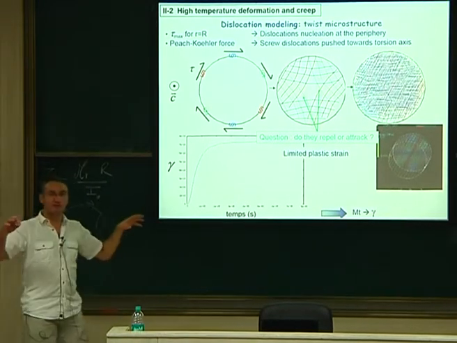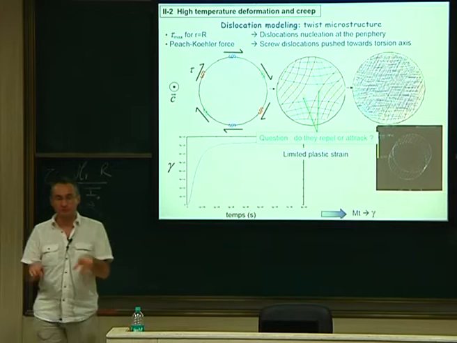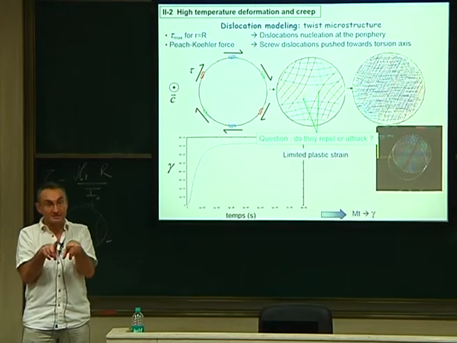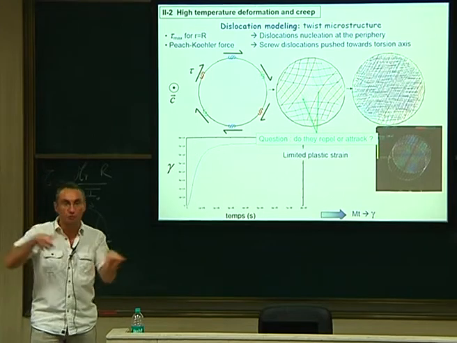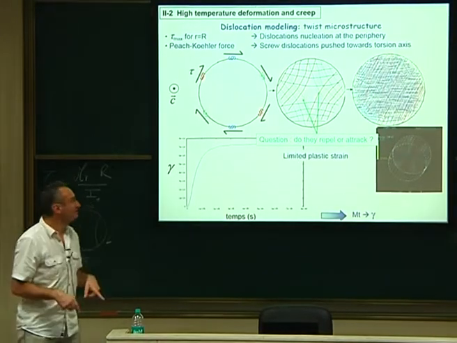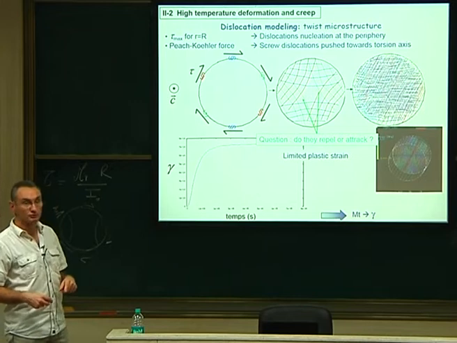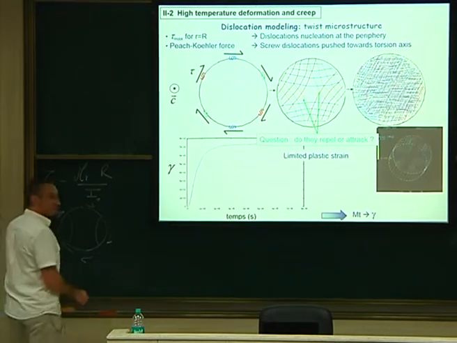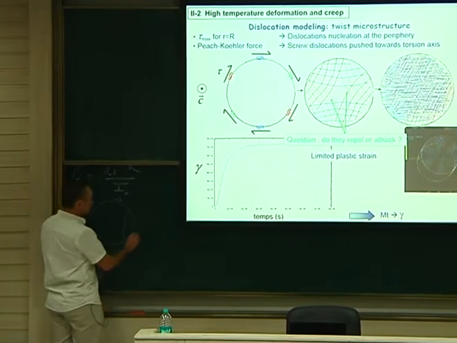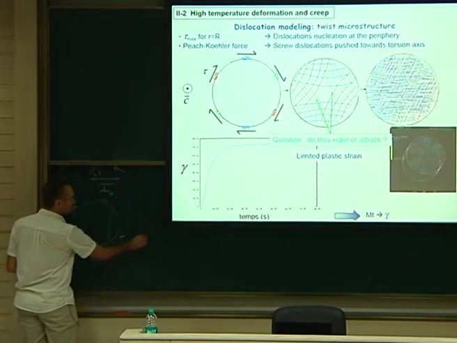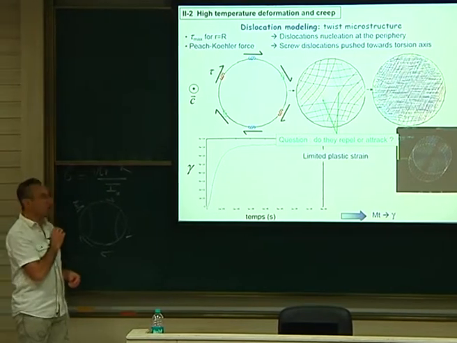So they are going slower and slower, that's true. But the two dislocations also have their own stress. Okay? So if they were attractive, then they should collapse. Even if there is no applied stress, there is the internal one. But here, it's clear that they don't do that. And if you do some geometry, so we have to do some geometry to be sure of that. You can make the loop. The source is here, so it's like if you had a virtual loop outside of your dislocation, okay?